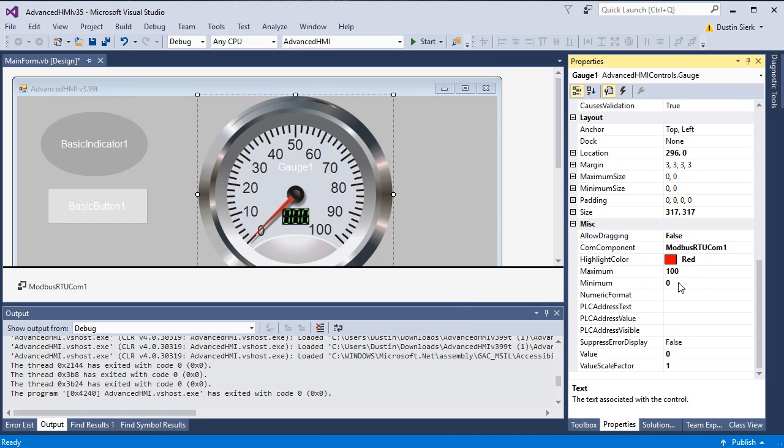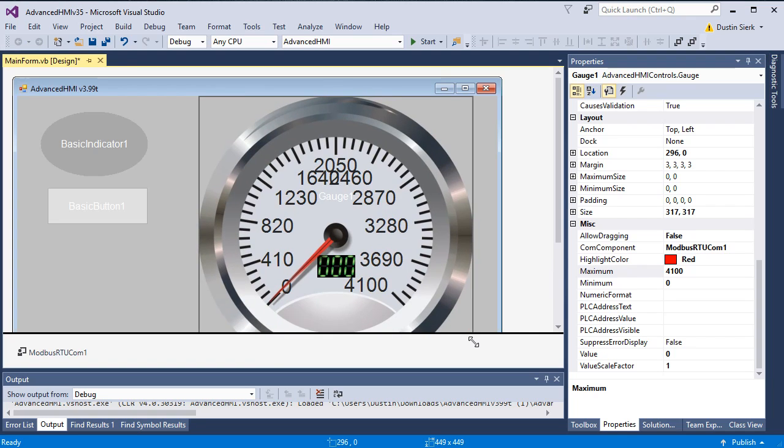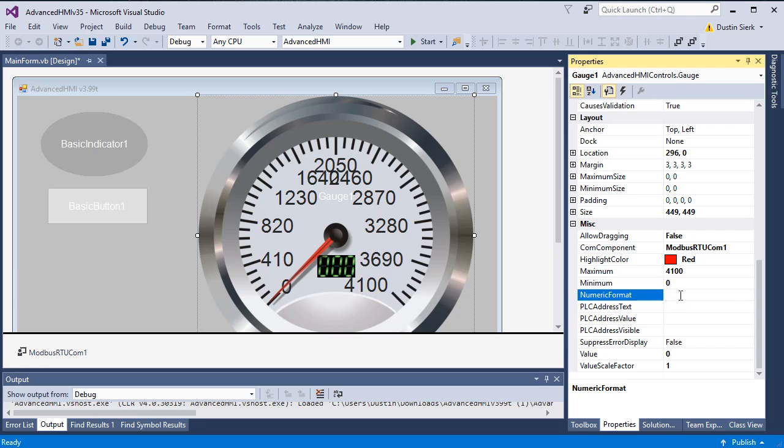In our case, we're using a 12-bit number that's going to go from a maximum of 0 to the highest 12-bit number, which is 4095. You can see it doesn't display great with those particular numbers unless maybe I made it a little larger, which I think would look quite nice if I made it big enough. But anyways, we have that, and we